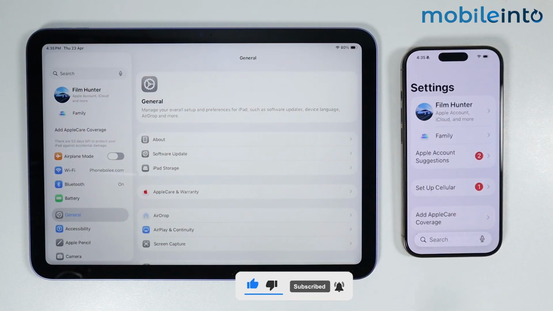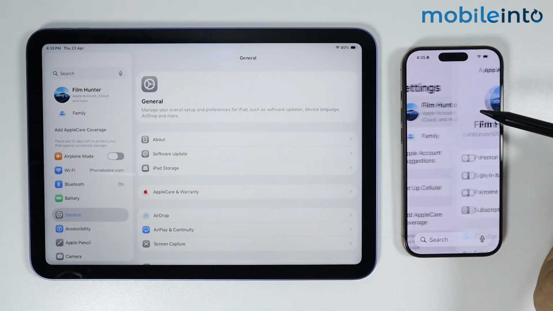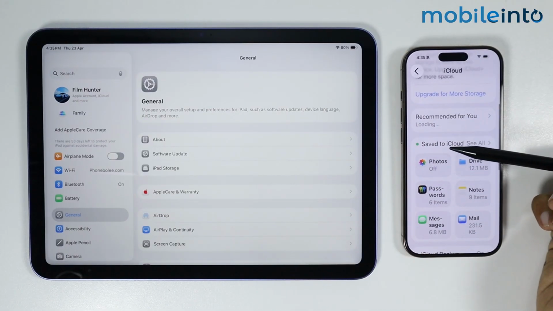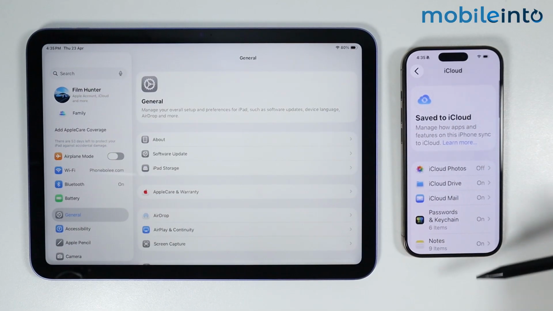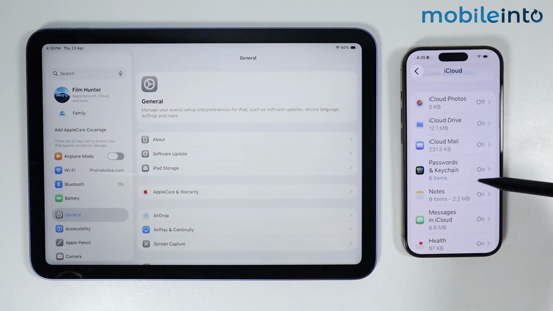After you do that, now on your iPhone, just go to Settings, then tap on your Apple ID. From here, just tap on iCloud. Then on this page, just tap on Save to iCloud. And from here, just enable the toggle for all the data which you want to sync from your iPhone to